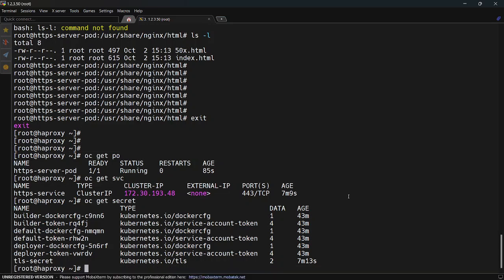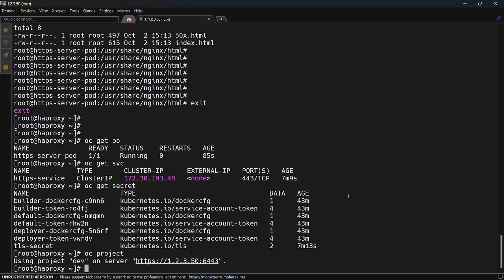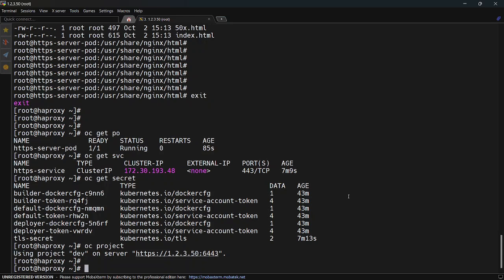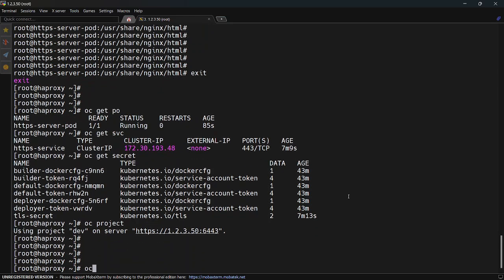Okay, so now we will create another pod within the cluster. In any namespace we can create, but I am going to create in the same namespace, same project. Let me run oc project, I just want to show you in which project I'm working, in the dev project I'm working. So I will create a simple pod,